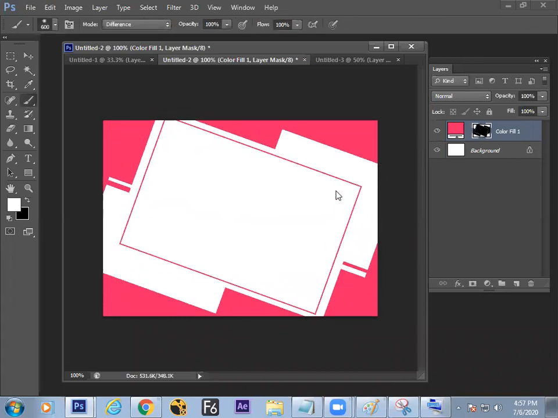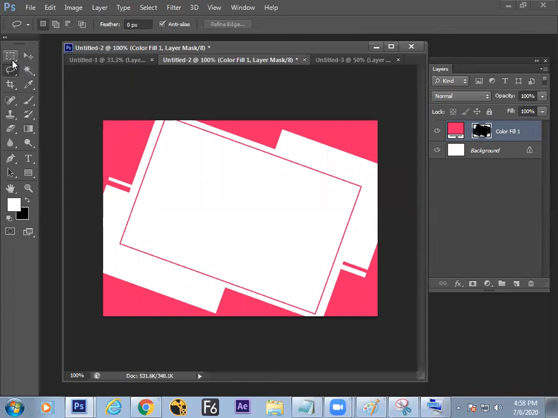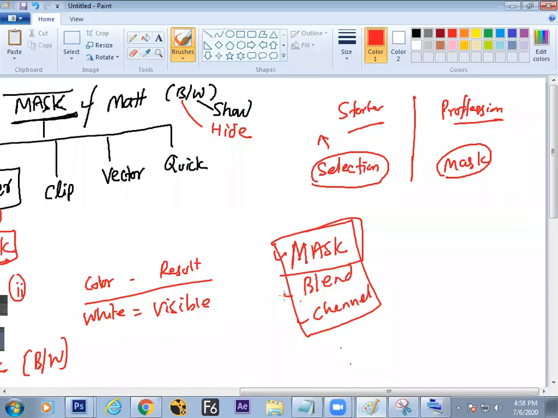Do you understand? Sometimes it is confusing, but if you cannot understand this, it's for the next level. If it is not understandable, no need to worry. Only use these first tools and you'll get a job. Getting a job is easy here: rectangle tool, lasso tool, and so on. In a job, they will only ask for photo cutting, some layout, but masking should be learned properly. It will come with time. I got to know after 10 years, so it is not a 10-minute game.